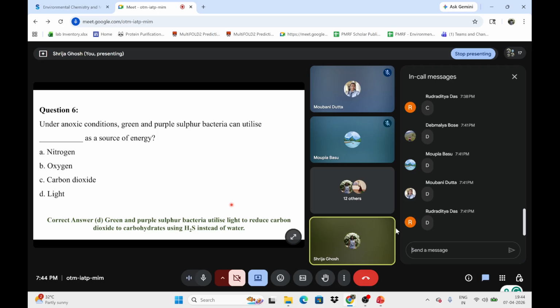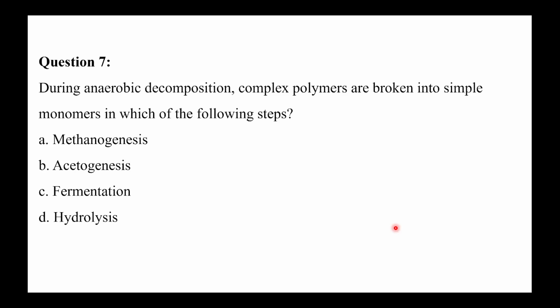And these green and purple sulfur bacteria can grow under anoxic conditions. If you remember the Winogradsky column that we discussed in the previous session, in the anaerobic water zone, the middle part, where some amount of light is penetrating but not much oxygen can diffuse, in that area these can grow and they can use the H2S that was being liberated from the sediment part, right? Okay. Moving on to the next question.